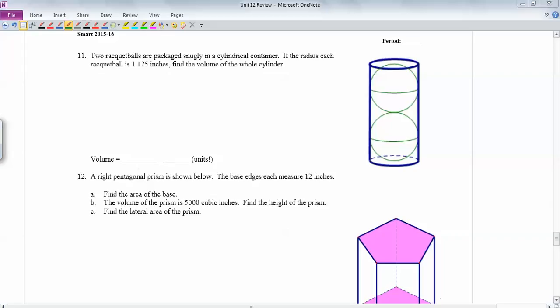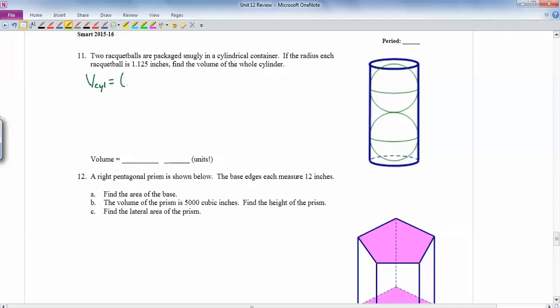Okay, so let's take a look at 11 and 12 from the Unit 12 review. The first problem here, 11: two racquet balls are packaged perfectly in a cylindrical container. The radius of each racquet ball is 1.125 inches. Find the volume of the whole cylinder. Okay, so let's see, volume of a cylinder